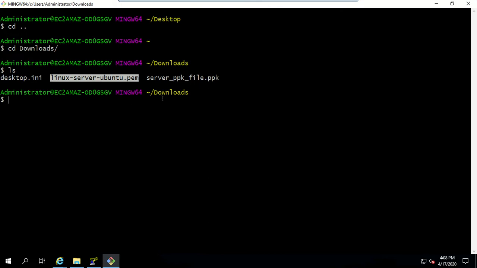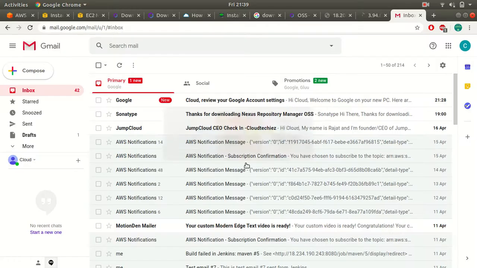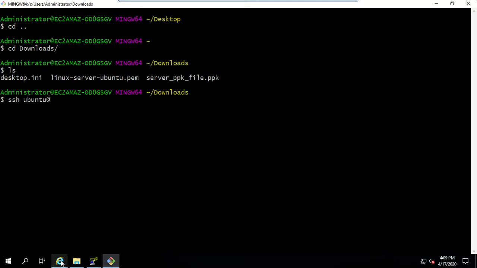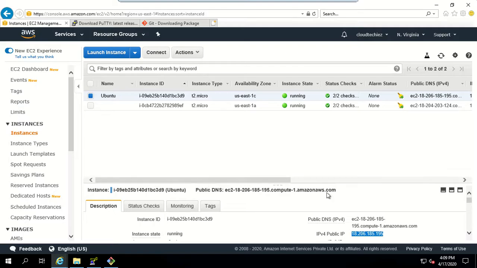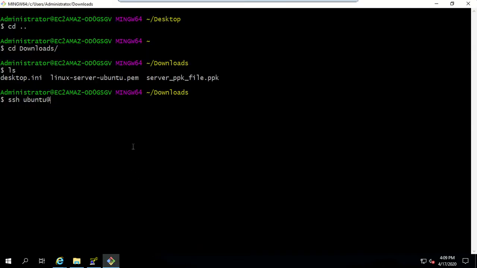Okay, so here I'm in my downloads folder. Here I will say SSH ubuntu at the IP address, -i, which is for your identity file, and the PEM file name.